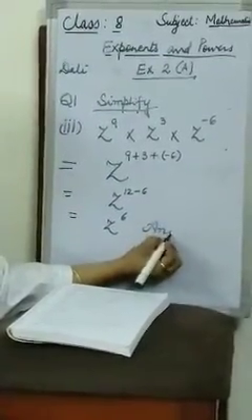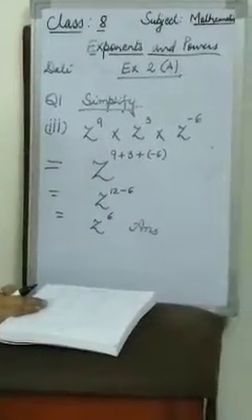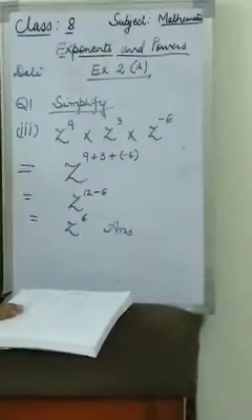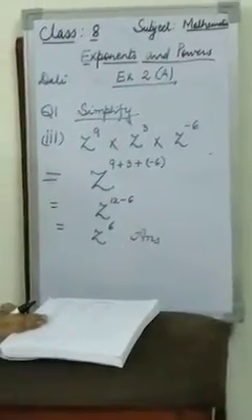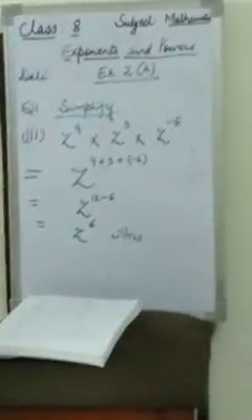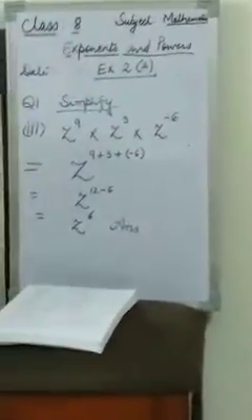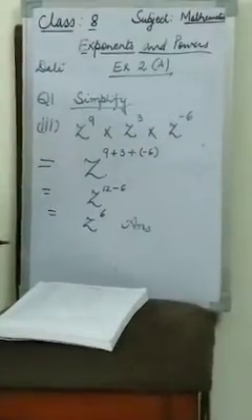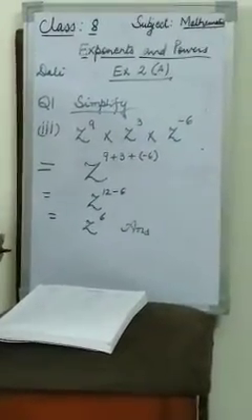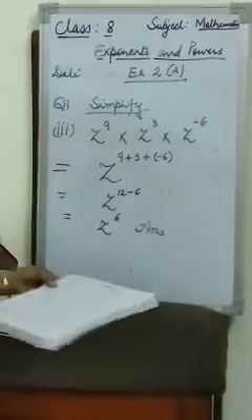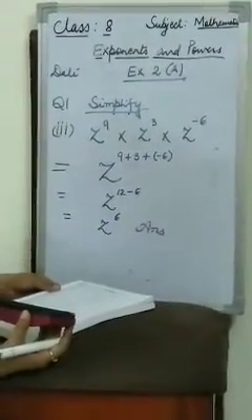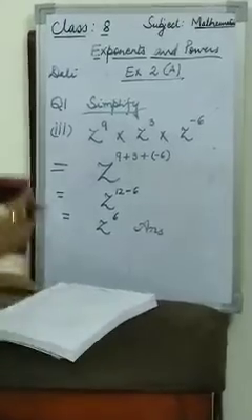This way you are going to solve the questions in your notebook. Hope everybody has understood how to solve the question. Whatever I am doing on the board, you have to redo in your fair copy also, with a complete sequence starting from the first bit, as I am leaving the first bit for your self-work. Then I come to question number 1. I am doing the 5th bit for you now.